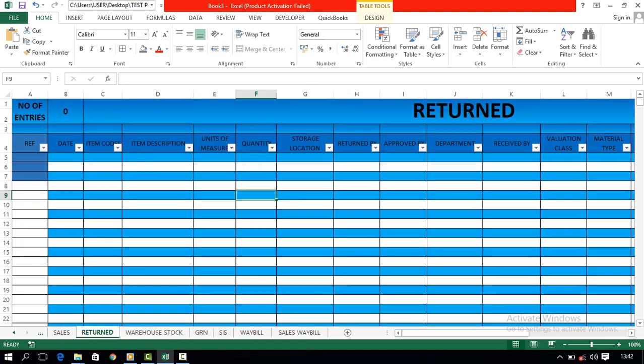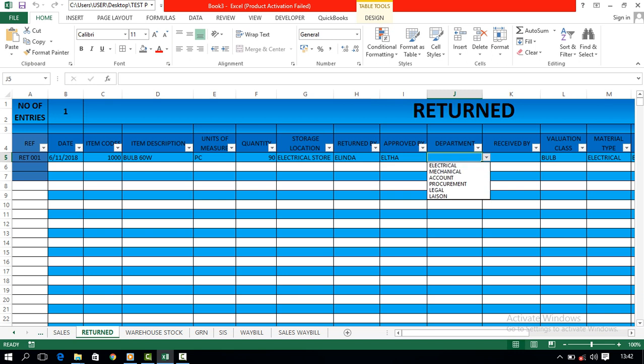Oh, return, we've forgotten about return. Let's assume this is RAT 001. We could say the date is this, and the item code is 1000, and quantity is 90. It's coming back, returned by, if you go through, if it is sales or transfers or issue, you could put the exact information here. So I'm just giving you, let's say this is Elinda, approved by Elta,